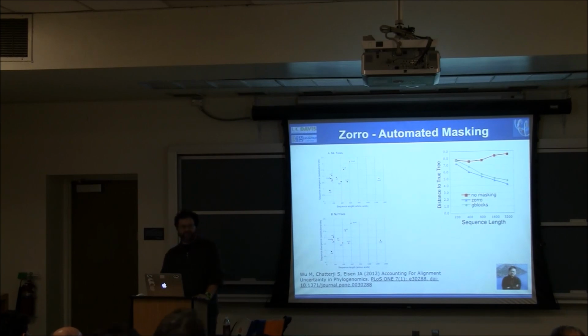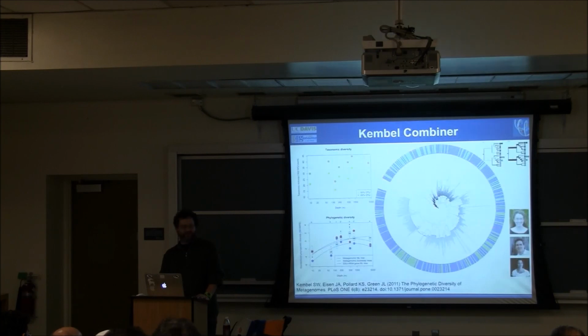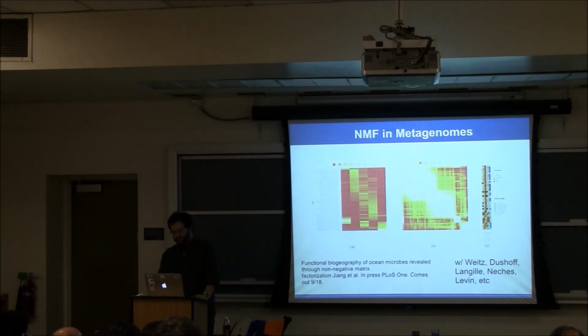And that helps you do high throughput automated phylogenetic trees in any protein family. Stephen Kemble developed another tool, which was to do phylogeny-based studies of environmental data, but now combining sequences of different genes into one giant phylogeny of the environmental sample, in essence.